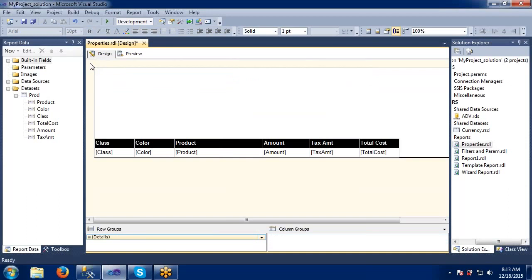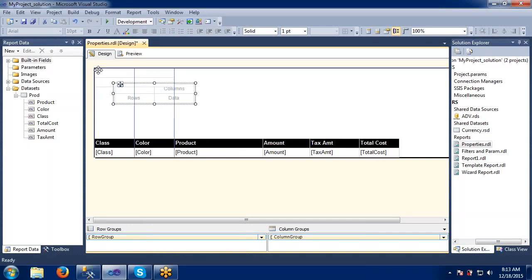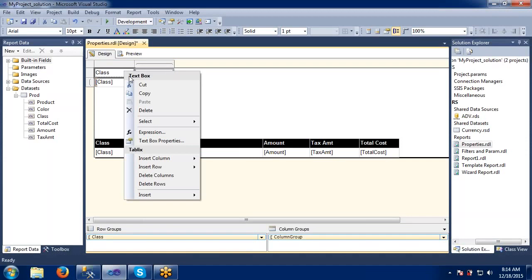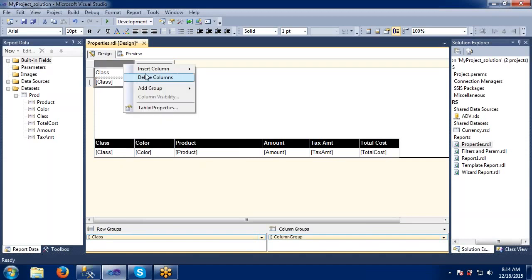I think this is not the right way. I will take insert matrix. So in this row, I would like to specify class here and insert column, right?